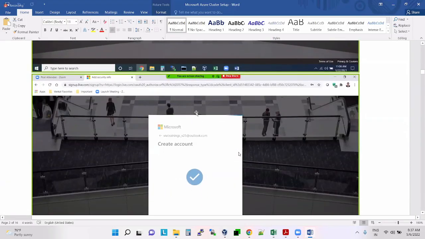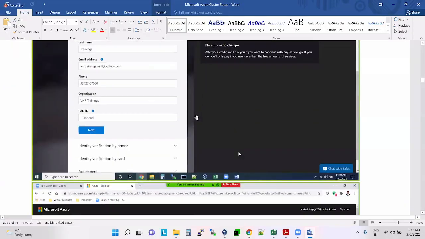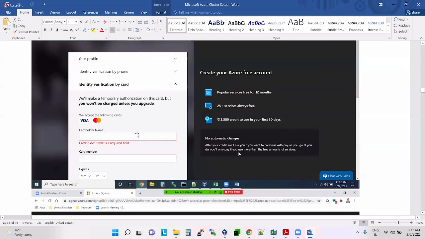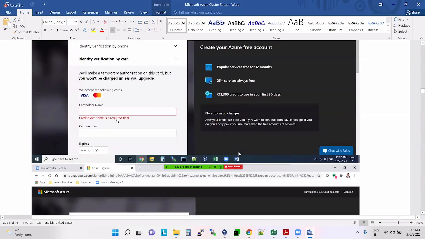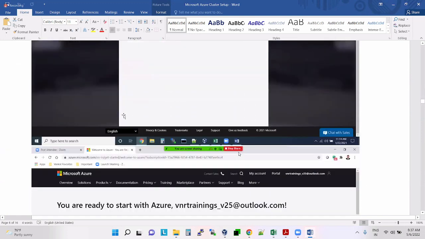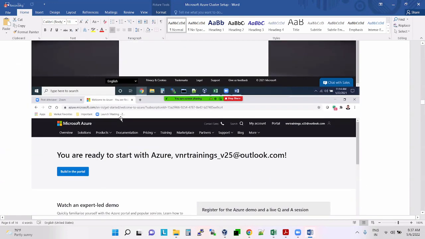While creating this account, it will ask you for credit card details. Otherwise you cannot create an account. Since you are giving your credit card details while creating the account itself, whatever bill you have will be deducted from this credit card automatically.